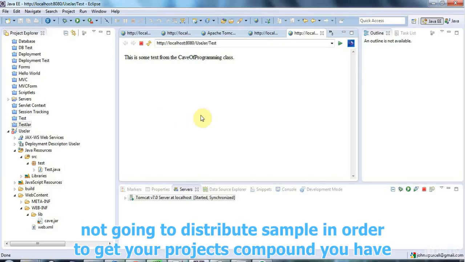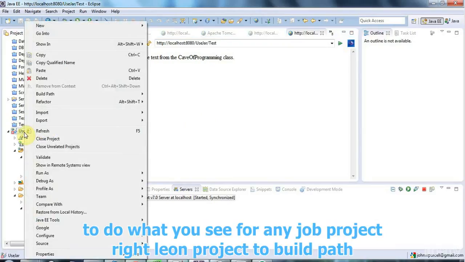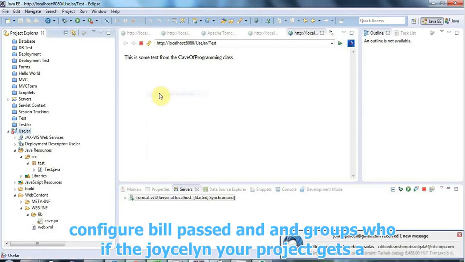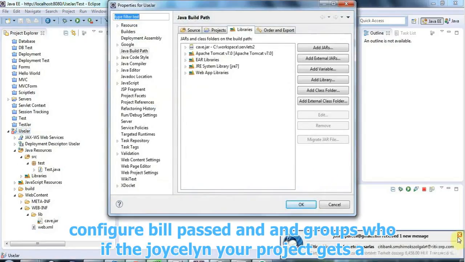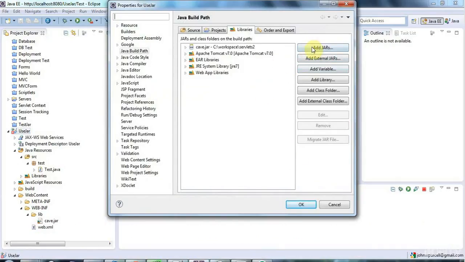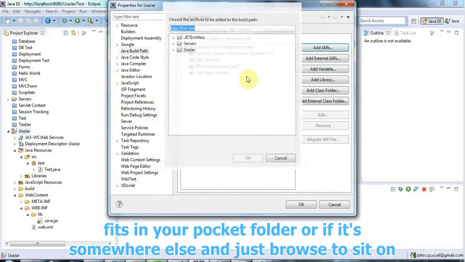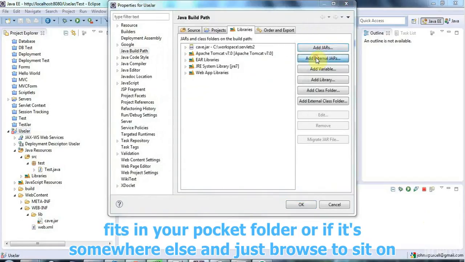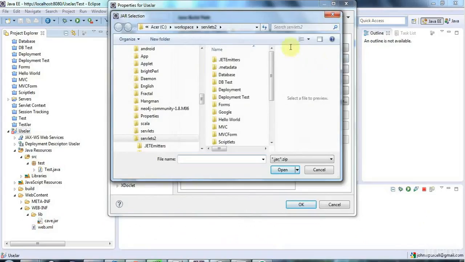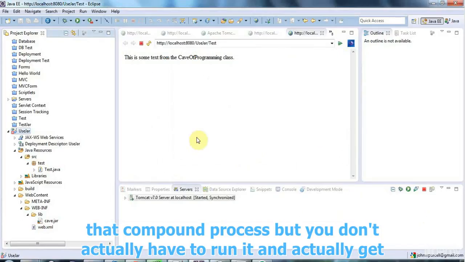briefly explain. In order to get your project to compile, you have to do what you have to do for any Java project. Right-click your project, go to Build Path, Configure Build Path. If the jar is within your project, go to Add Jars. If it's in your project folder, or if it's somewhere else, go to Add External Jars and just browse to it. And once you've done that, you'll be able to compile your project, but you won't actually be able to